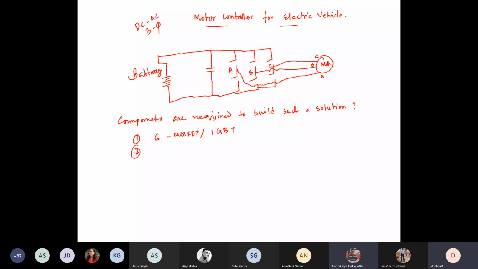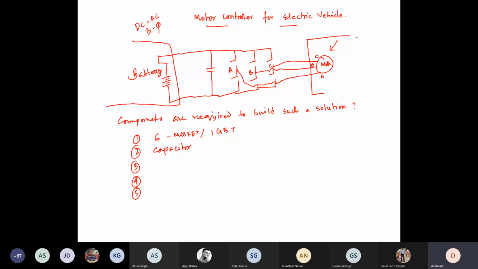So remember, the capacitor and battery are given to you. Let us say these are the input and output, right? That is given to you. Forget about them. What else do you need? Capacitor, you said, right? Anything else? Sir, some signal to control these MOSFETs. Okay. So someone has to turn on and off those MOSFETs, right? So that information will be coming from some logic, right?